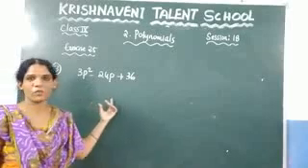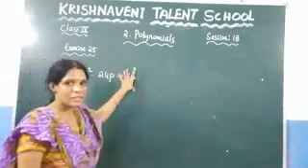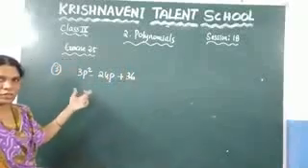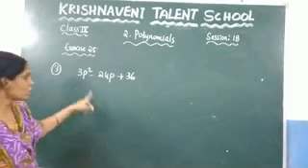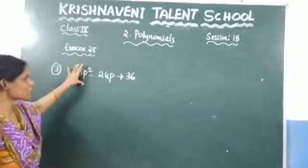This one is not in the form of a square minus 2ab plus b square, because here this 36 you can write as 6 square, but here 3 you cannot write as any of the squares, right? You know that 1 square is 1 and 2 square is 4, but you are not getting 3 anywhere, so you cannot express that one.